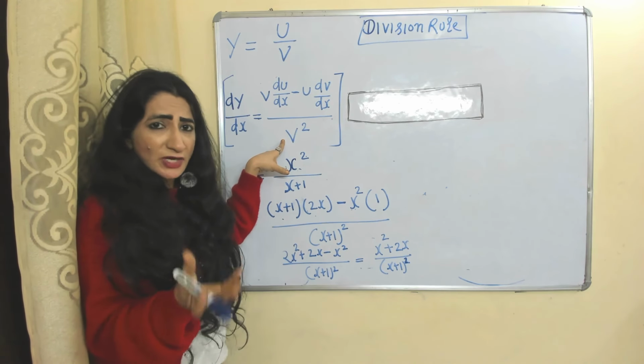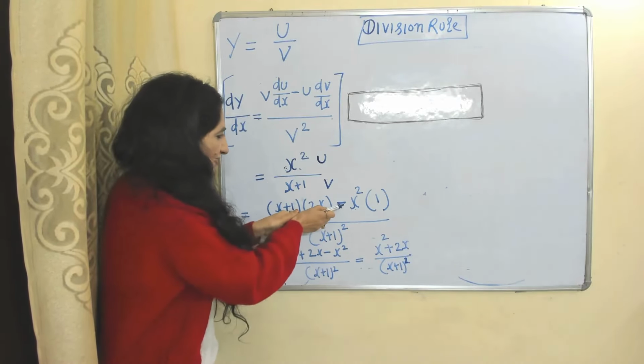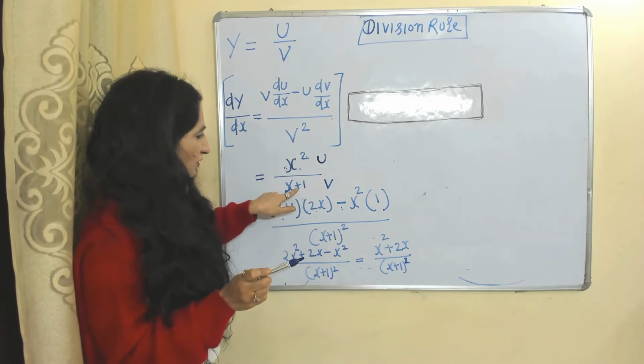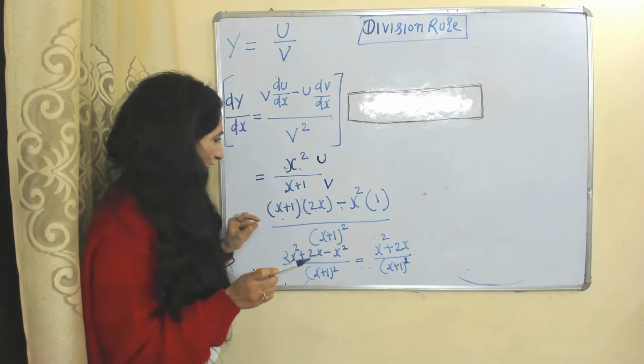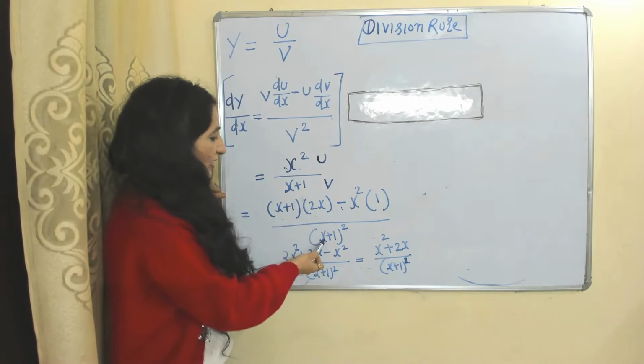This is our given question. This is u and this is v. First of all, we will keep v as it is and differentiate u with respect to x. Differentiation of x square is equal to 2x. Then apply minus sign and keep u as it is and differentiate v with respect to x. Differentiation of x plus 1 is equal to 1, and divided by v square, that means divided by the square of